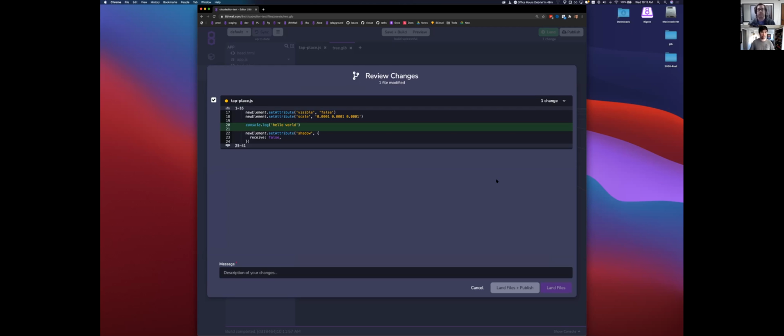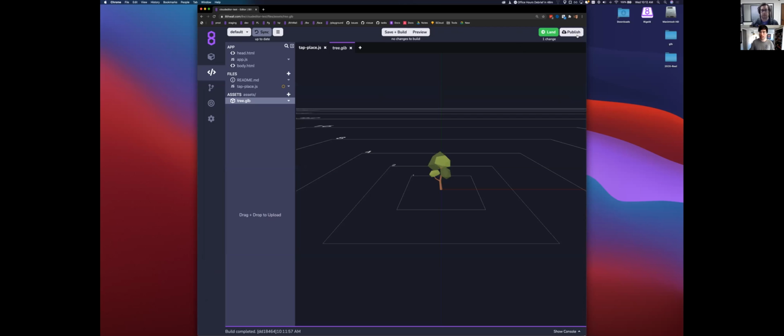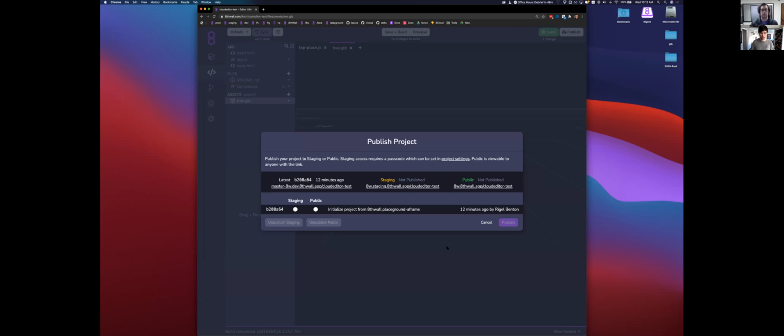And these could be 1,000-line files. So now it's really easy for you to hit land, review all of your changes quickly, and then publish from there. And speaking of publish, small thing, but now you'll be able to unpublish directly from the publish modal, and